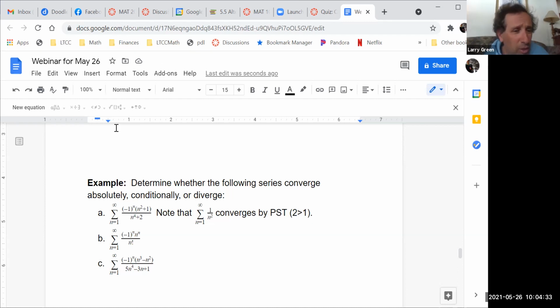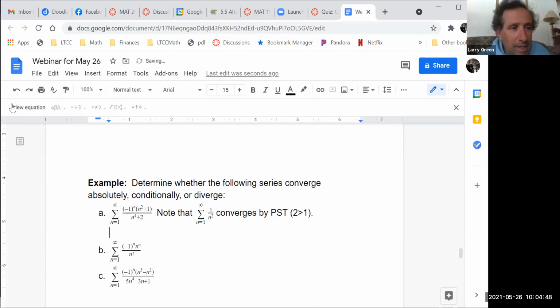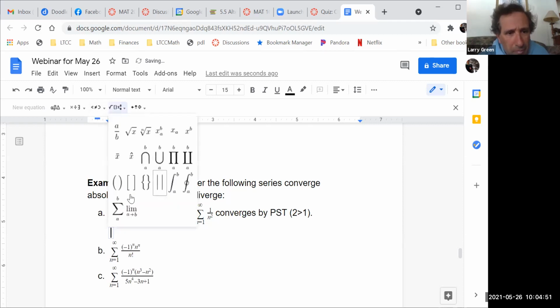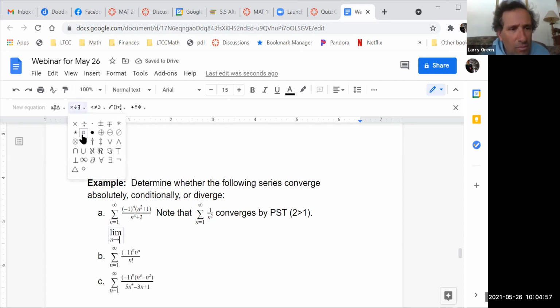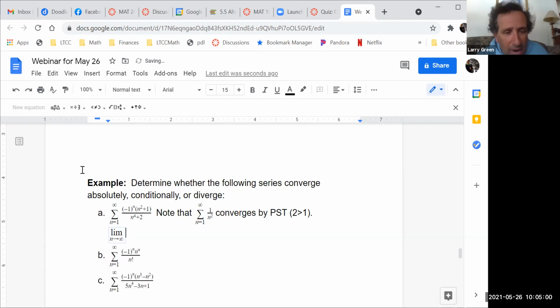Okay. This is one of those where it's not obvious which is bigger if you drop the +1 and the +2. So if it's not obvious which is bigger, then go for the limit comparison test. So now I'm going to take the limit as n goes to infinity of (n squared plus 1) over (n to the 4th plus 2) divided by 1 over n squared, or multiply by the reciprocal. So I get n squared plus 1